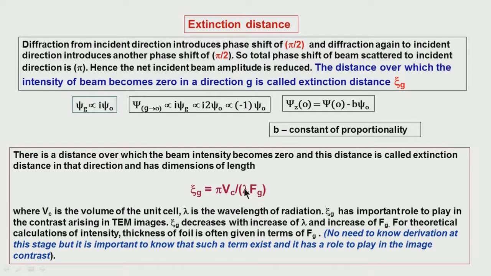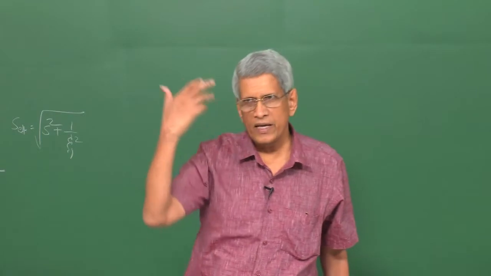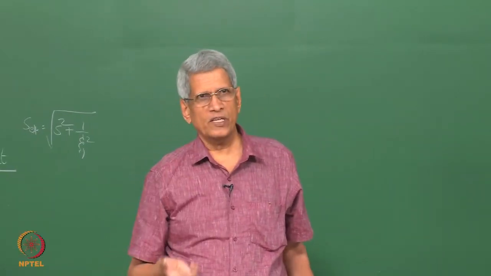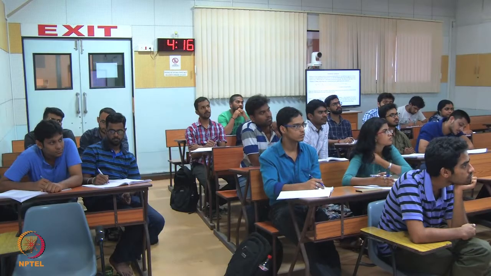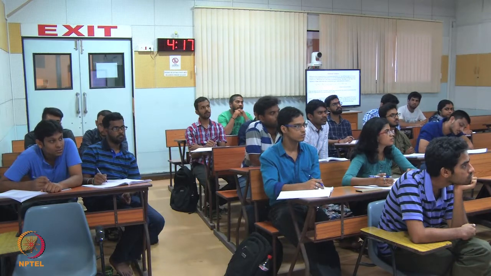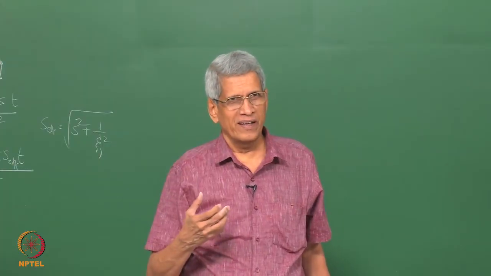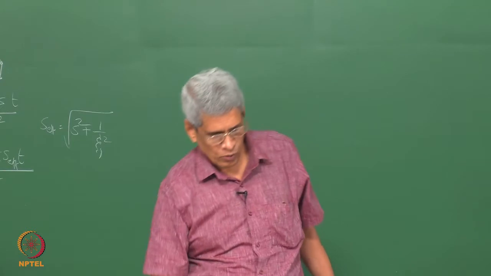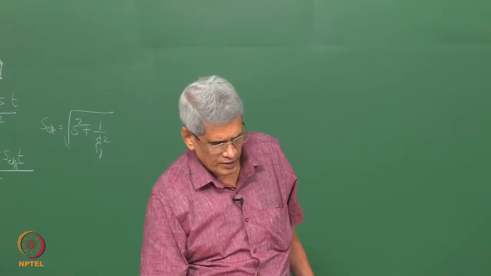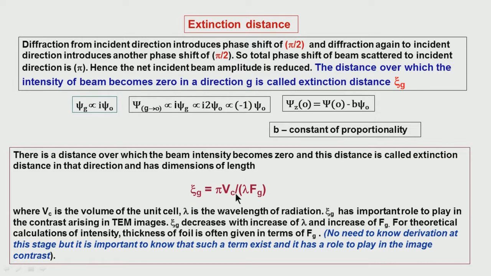Similarly, you take the case of the wavelength. If we go on increasing the energy of the electron beam, what will be its effect on the material? It penetrates, but the scattering power gets reduced as it enters through it. Its effect will be that psi G will increase, so this will also be an inverse relationship. So essentially the psi G can be written in this sort of a form with pi. But all these things could be derived. This is a qualitative way in which we are looking at it, but this expression is an exact expression which is derived from the dynamical theory.